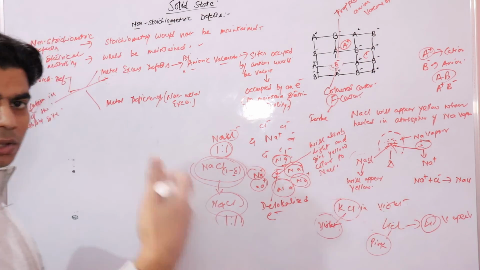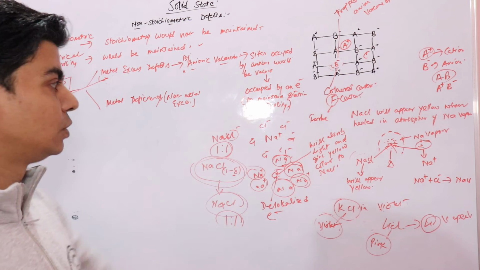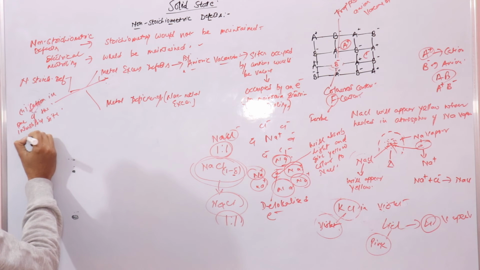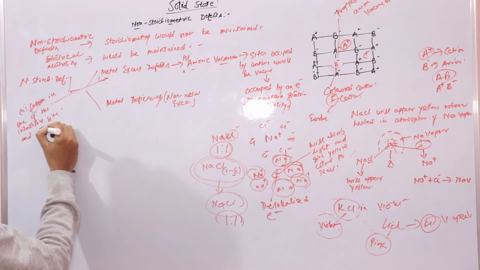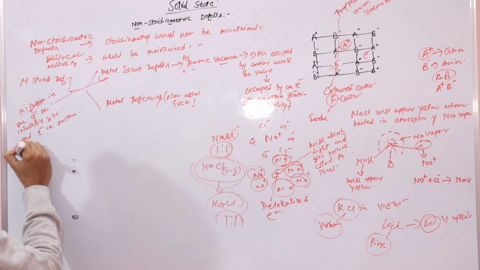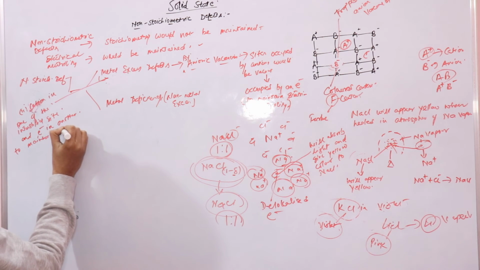So another interstitial site would be occupied by an electron, right? Cation in one interstitial site and electron in another interstitial site, to maintain electrical neutrality,